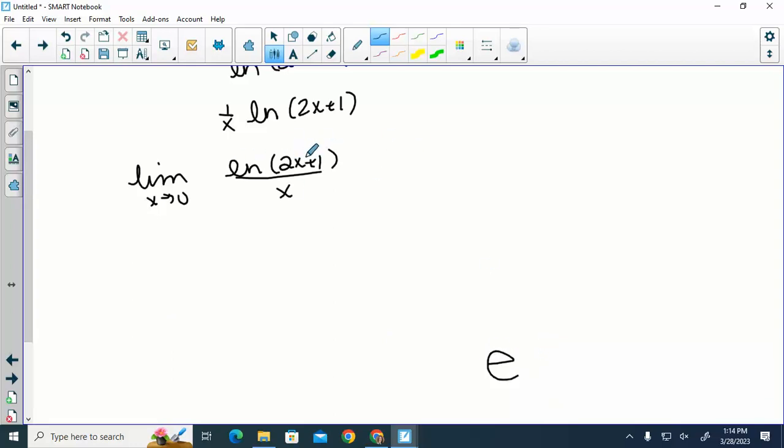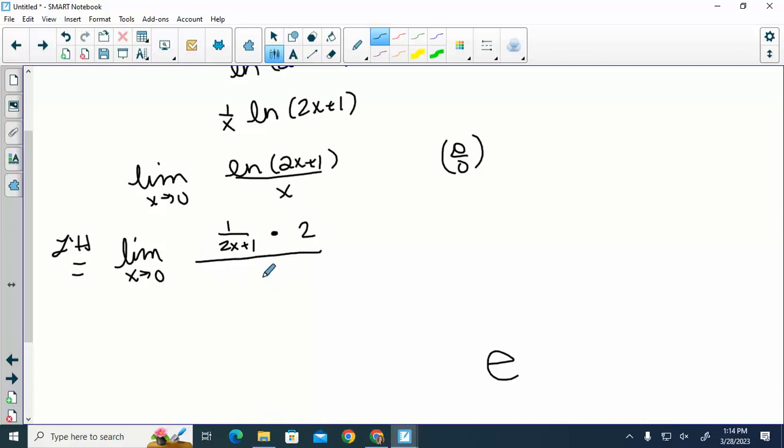Okay, so if I look at this, I have the natural log of 1, which is 0, over 0. So that's an indeterminate form, so we do L'Hopital's. All right, on the top, derivative of a natural log is 1 over the argument. But we have to do chain rule here, so times derivative of the inside, which is 2, over derivative of the bottom, derivative of x is just 1. So we get 2 over 2x plus 1. Plug in a 0, so that's 2 over 1, which is 2. So my answer is